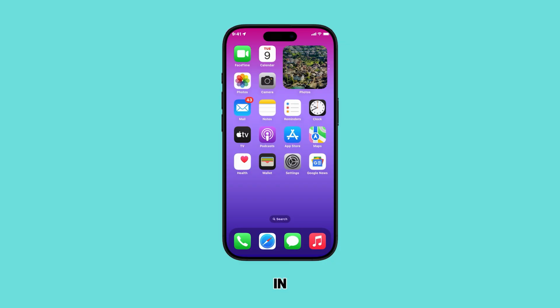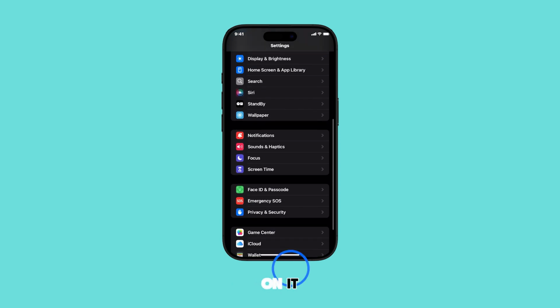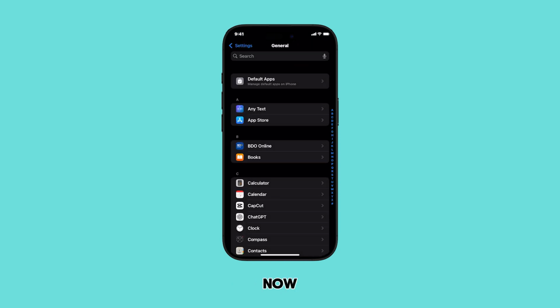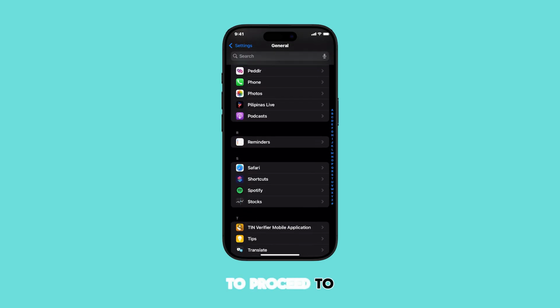Let's dive right in. First, locate and tap on the Settings app on your home screen or in your app library. Once you're in the Settings menu, scroll down until you find Apps and then tap on it. Now, look for weather in the list of installed applications and tap on it to proceed to the weather app's